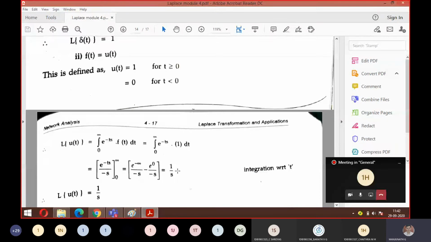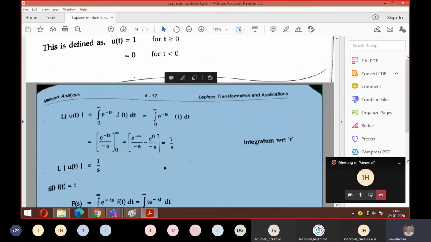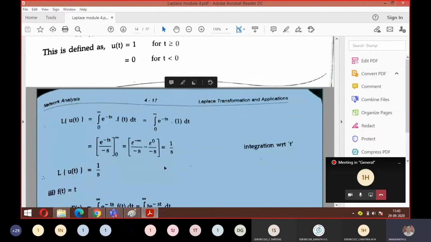So it's simple. Once you understood the previous one, this looks simple. The only thing you should remember is the Laplace formula. If you know the Laplace formula, then what was the f of t in the question? u of t, which means it is equal to 1. Then integrate the remaining part and get the answer. Am I clear, everyone? Now can you solve for t?